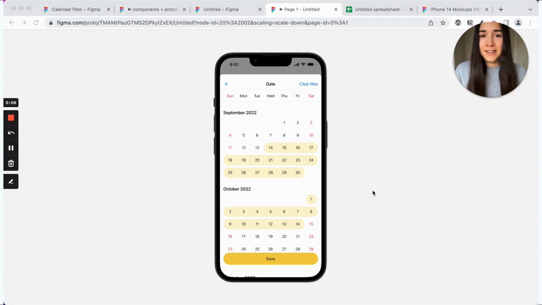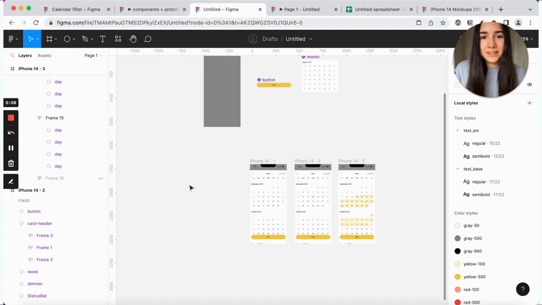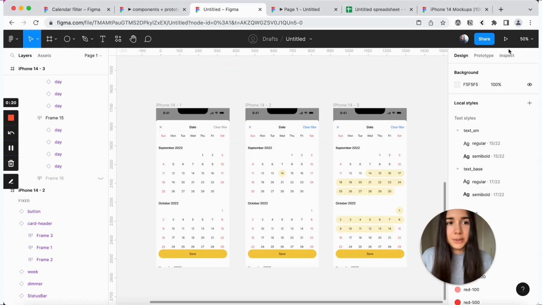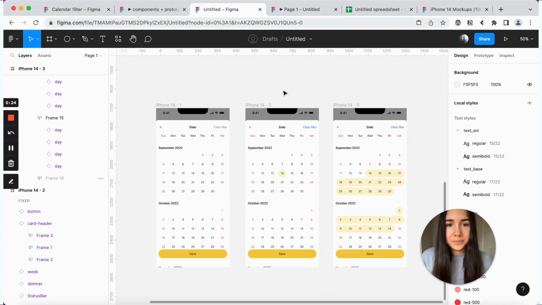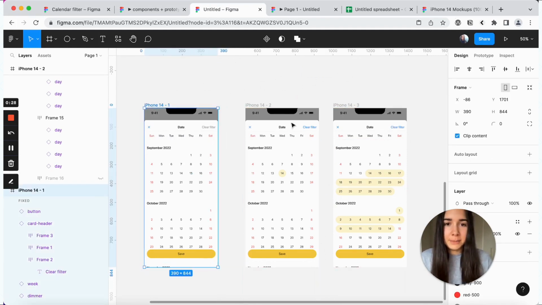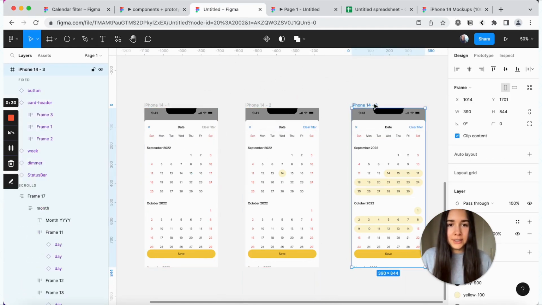That's about it for this tutorial. We definitely did a lot. There are a couple more cleanup things that you can still do. When you're not on the prototype tab, you can't see the links. And it could actually be useful to have some kind of connectors here just to show to somebody who is jumping into this file that this, in fact, is a prototype, that these frames are, in fact, connected.